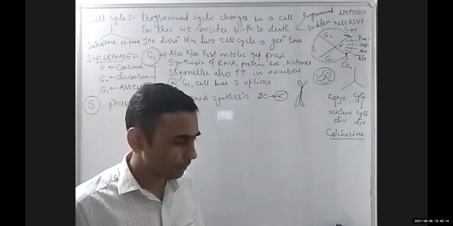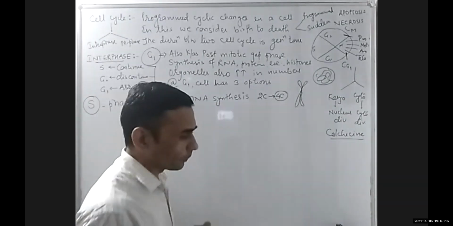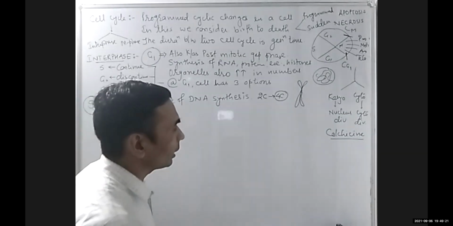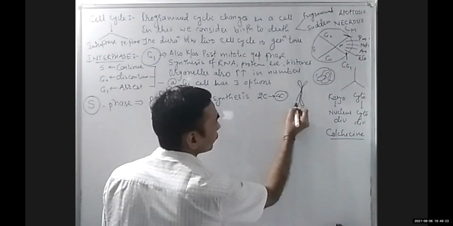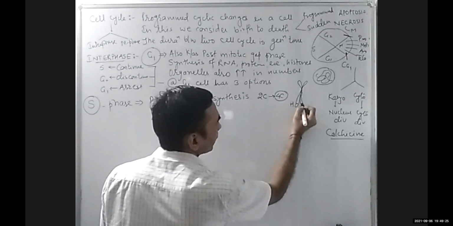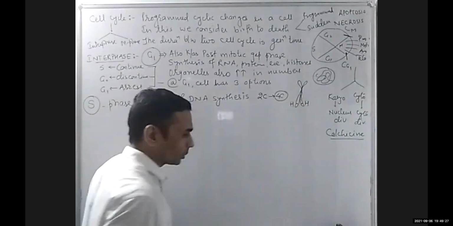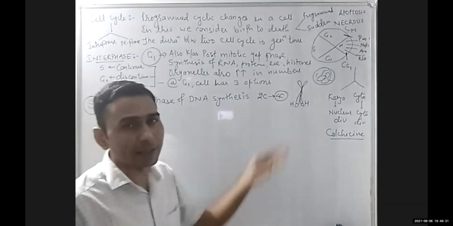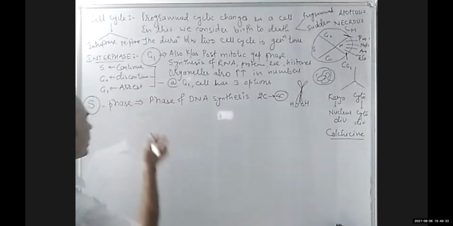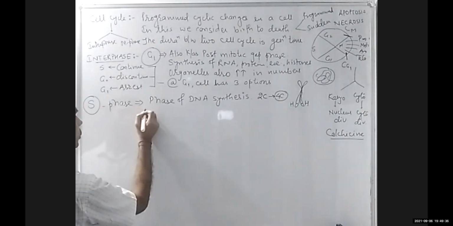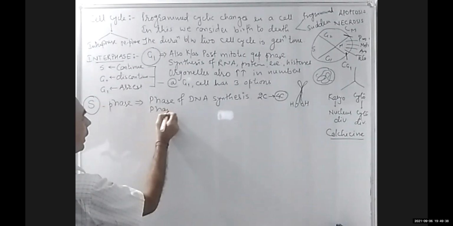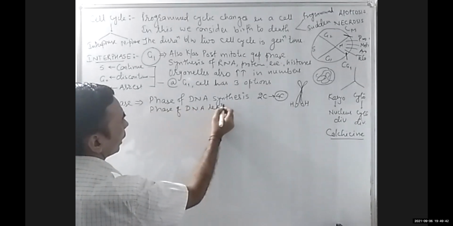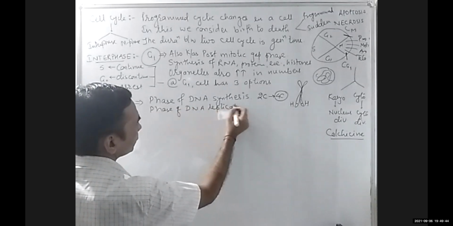Understood? Yes, sir. So if, Siddesh bhai, there is a gene for height, capital H, then here must be capital H. Yes or no? Yes, sir. Because it's a copy, na? It's a replica. So that's why I'm saying, the phase of DNA synthesis is also called the phase of DNA replication. I hope you are getting my points, winners.